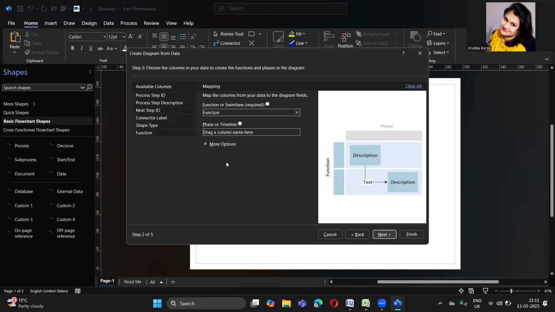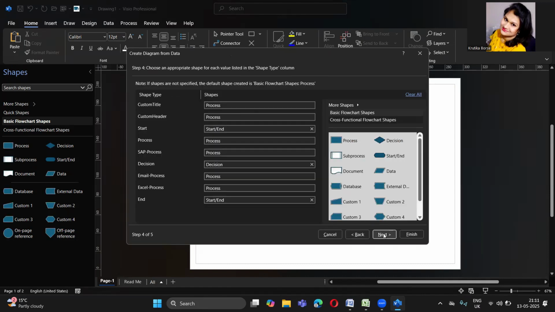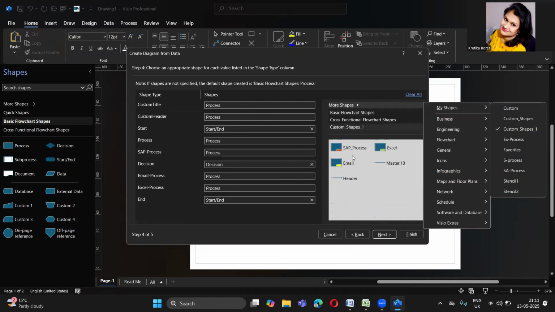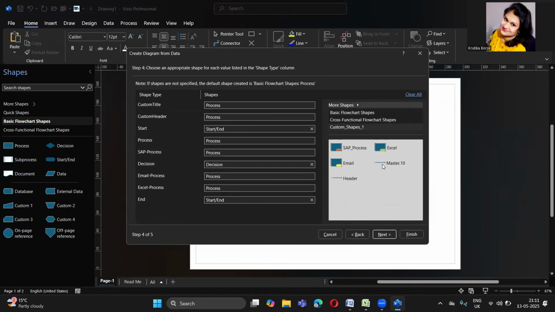Click on next. We don't need to map anything here. It has already mapped ID, description, shape type. We just need to map shape types with shapes. For custom title, I will go to more shapes, custom shapes. This is our title, this is our header. Again, for start, I will go to BPMN. For Excel, we have Excel process. For email